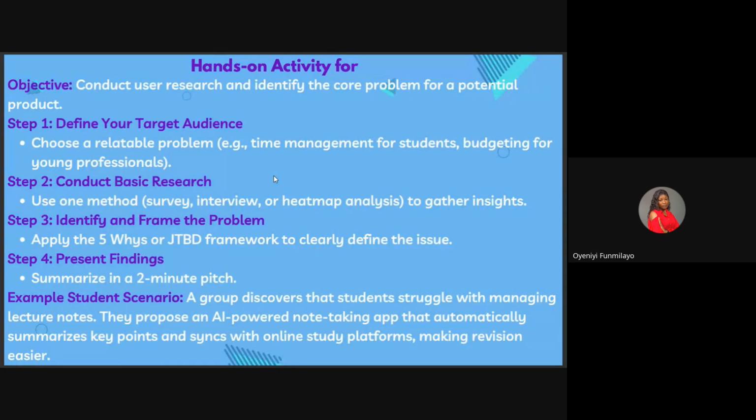This is an example scenario. A group discovered that students struggle with managing lecture notes. They proposed an AI-powered note-taking app that automatically summarizes key points and syncs with online study platforms, making revision easier. So this is an example of exactly the summary